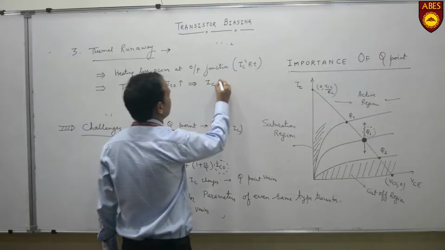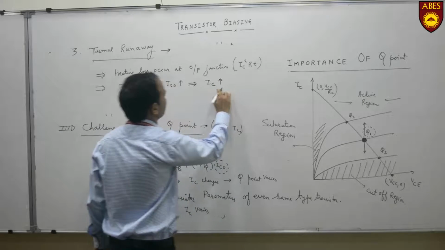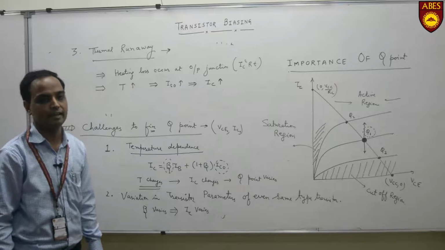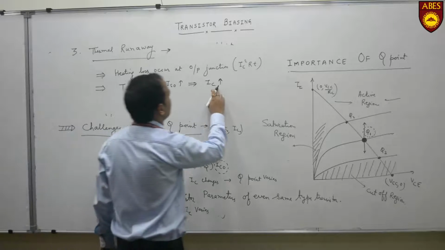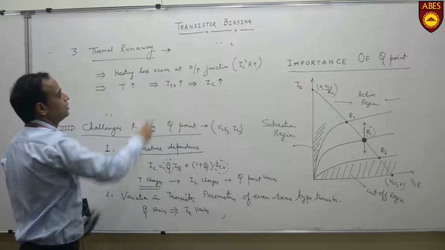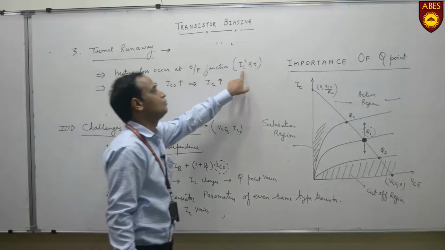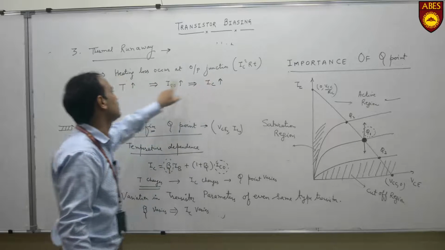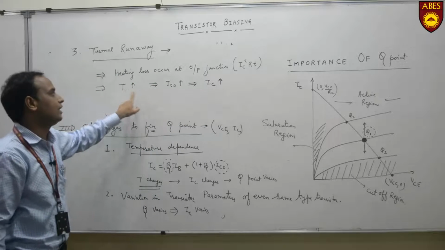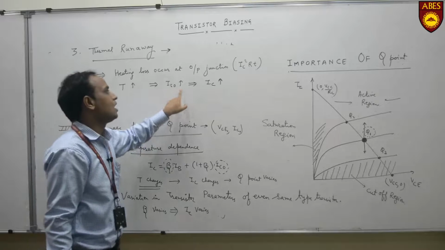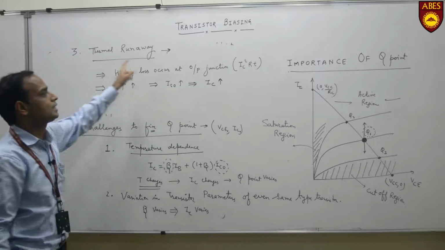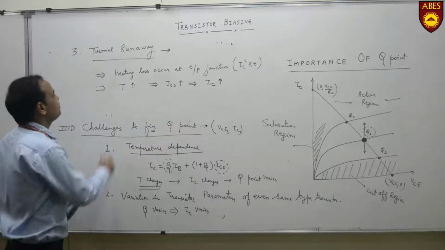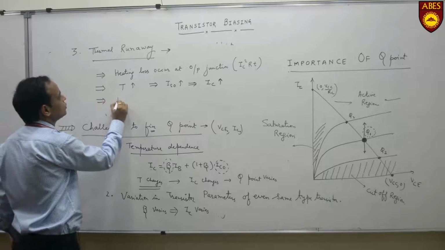As a result, the operating point shifts further. But this process doesn't stop here. With the increase in IC, a chain is established. When IC increases again, more heat is dissipated across the junction. Due to this heat dissipation, the temperature rises again, the reverse saturation current rises again, and a cumulative process is established, which keeps on increasing the junction temperature.